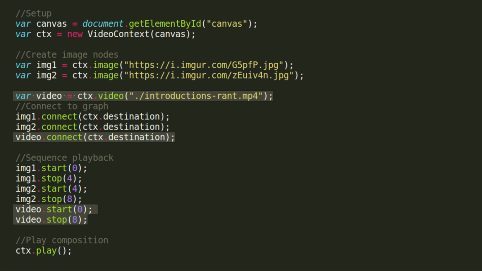Okay, we've created some images, now let's add in some video. So, we'll create a video node. This is done in a really similar fashion to an image node, and we'll pass in the URL to a video we want to play. Next, we'll connect that video into the processing graph in the same way we've connected the image nodes straight to the destination. And finally, we'll sequence the playback of that video from time 0 to time 8, so it'll overlap